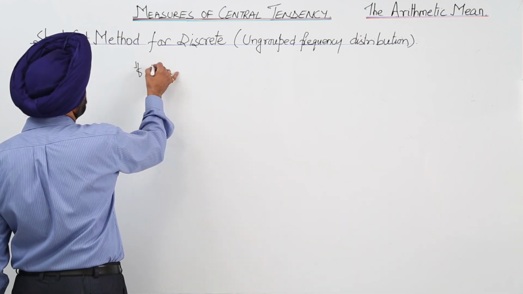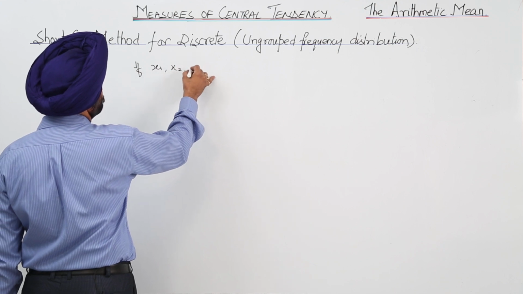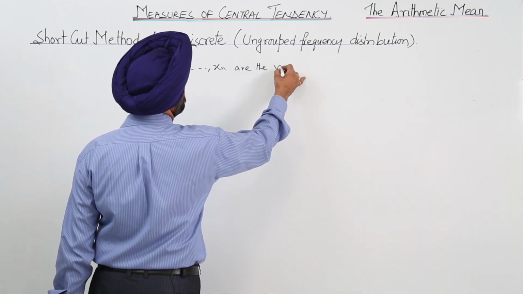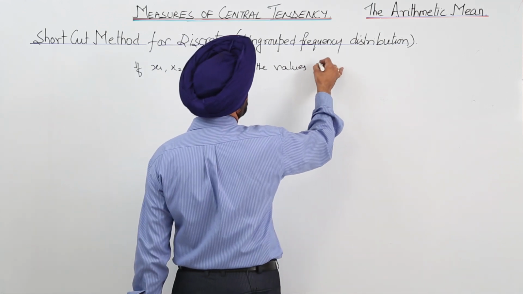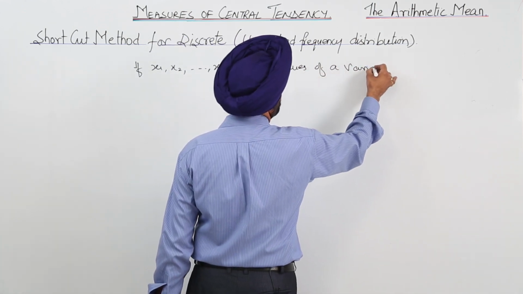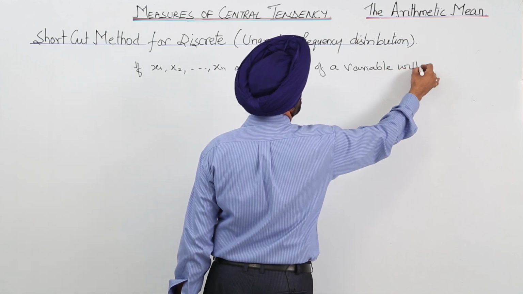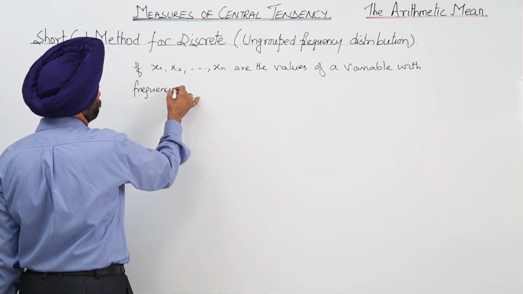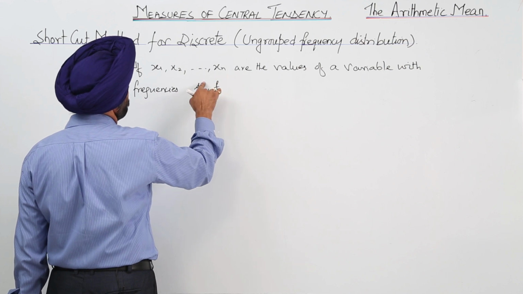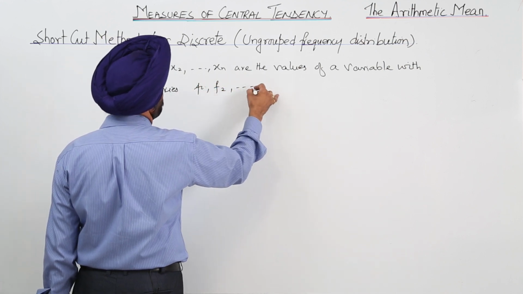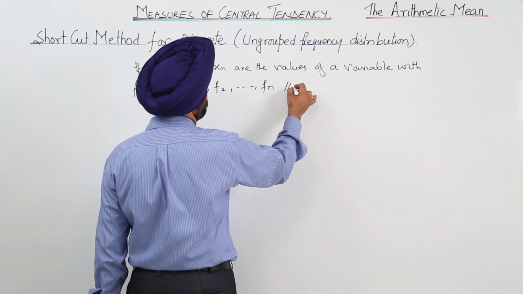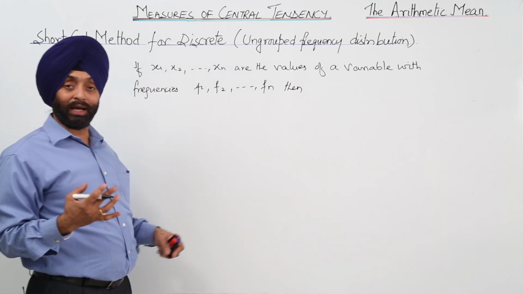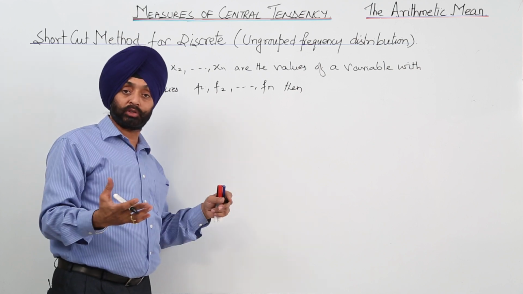Now if x1, x2, xn are the values of a variable with frequencies f1, f2, fn, then here variables x1, x2, xn can be large and frequencies also can be large. Naturally the product will also be large. Then